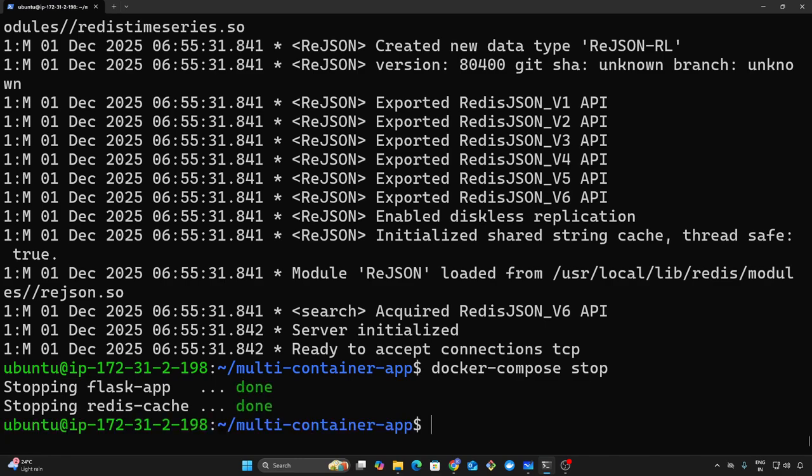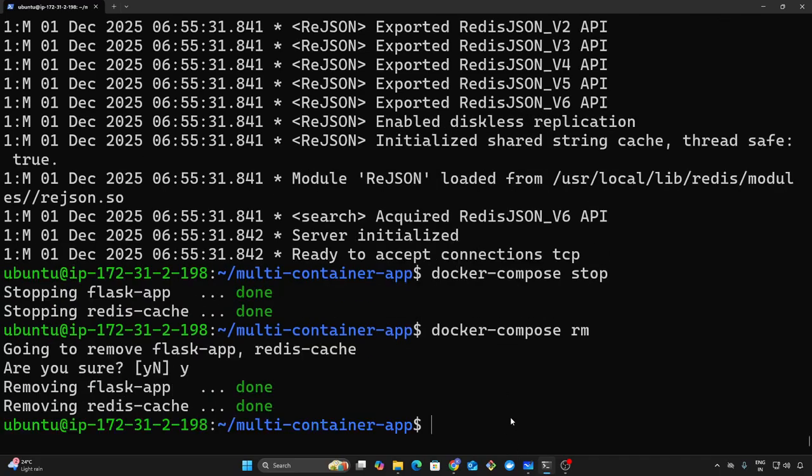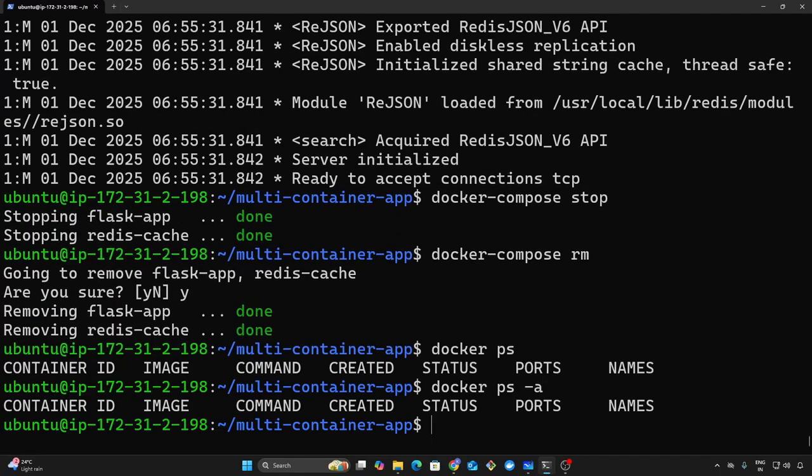Now we are going to destroy, docker-compose rm. I am just going to destroy this. Now I have destroyed it. If I do docker ps, nothing. docker ps -a, nothing. So what we learned: why Compose is needed, and we built a real Flask plus